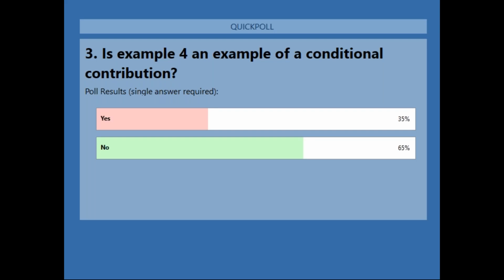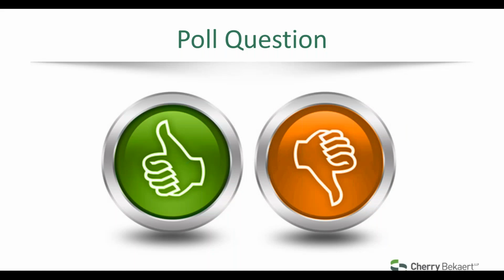All right. And 35% of you all said there was a condition, and 65% no, there was not a condition. And the correct answer is that there's not a condition. That's not a conditional contribution, because the nature of the gift was that it was part of your mission. There were no barriers. There were no specific protocols, and the requirement to submit an administrative report is not considered a barrier.